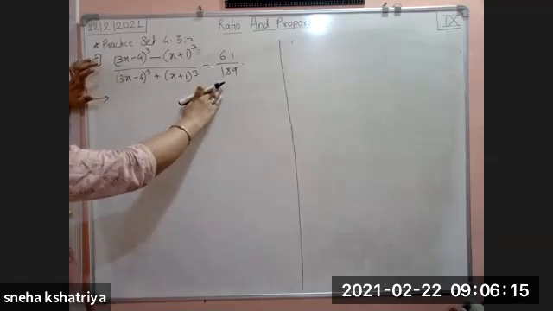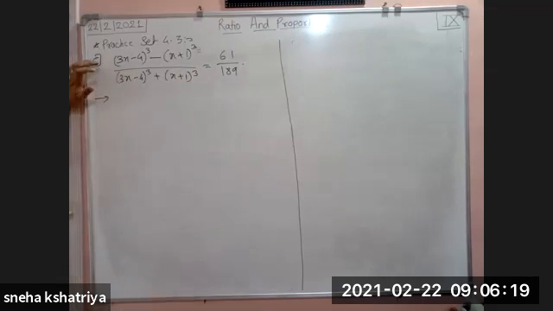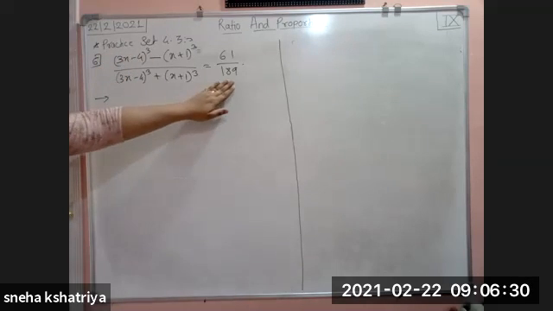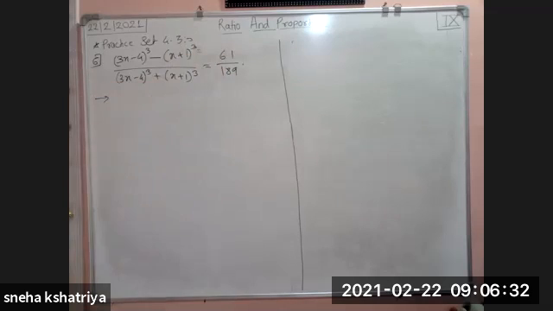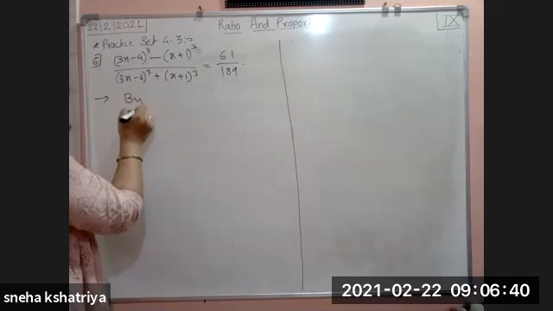And at right side also you can see here, the bigger number is at denominator and smaller number is at numerator. So first thing what we have to do, we have to invert the values. Whatever the plus term is there, that we should need on the numerator side. Whatever the bigger number is there, that also we need on the numerator side, because it becomes easy to solve. Okay. So what we have to do first, by invertendo.